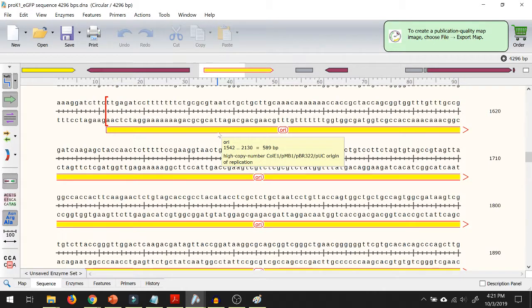What it does is it tells bacteria to replicate this plasmid. Yeast plasmids can also have yeast origins of replication. Generally, every plasmid, it doesn't matter the organism, is going to have a bacterial origin of replication